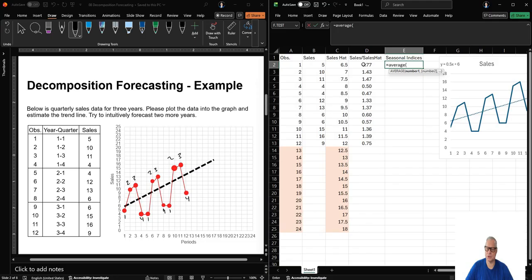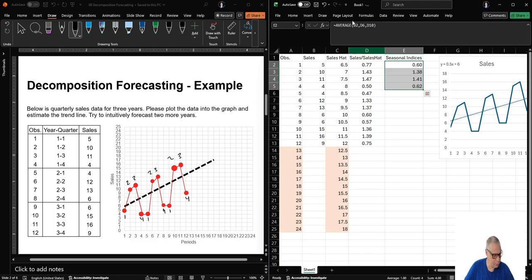So for the spring period, which is, let's say, the first season, we take the average of the first quarter of the first year, first quarter of the second year, and first quarter of the third year. And that tells us that on average, whenever there is a first quarter of the year, the sales are 40% below the trend line. So now I can copy down that formula,